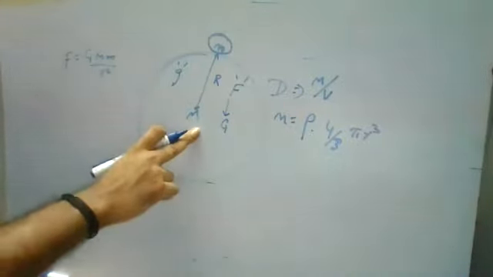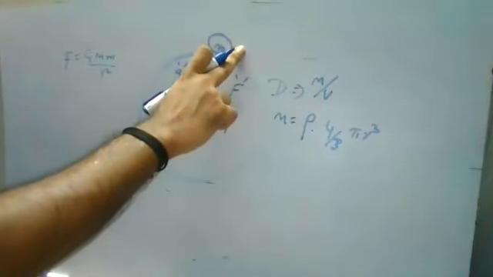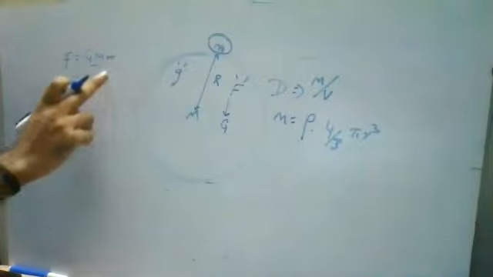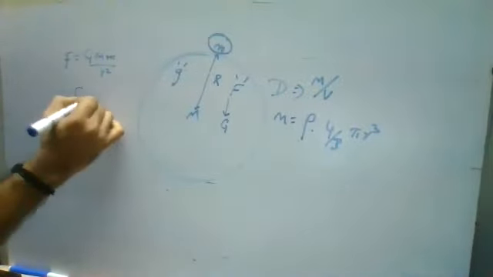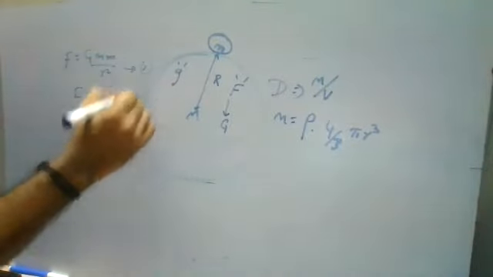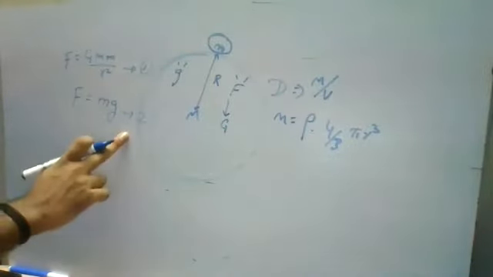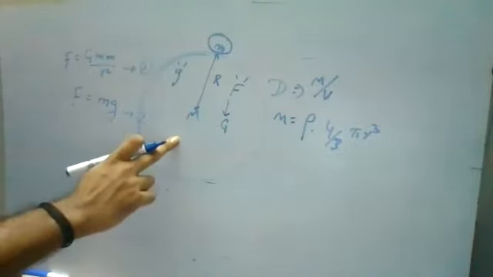Capital M is your bigger mass, always remember. Small m is your object's mass. So capital G, capital M, small m by r square, and there is one more force acting on the small m. It is your first relation. We are going to see the relation between acceleration due to gravity and the universal gravitational constant. Now, both the forces are the same. Then only will there be attraction between these two objects.